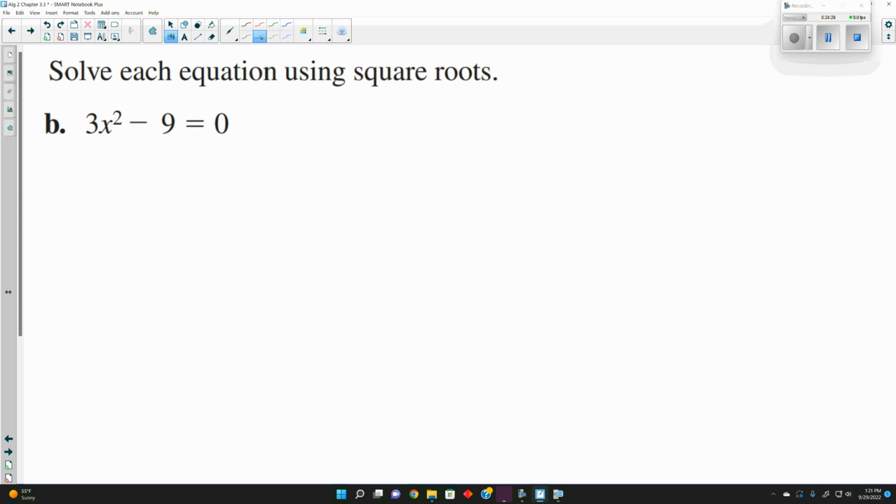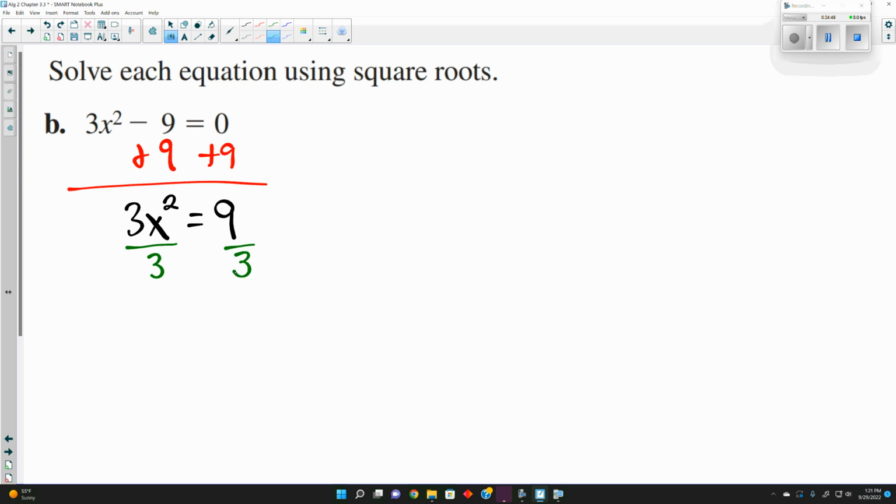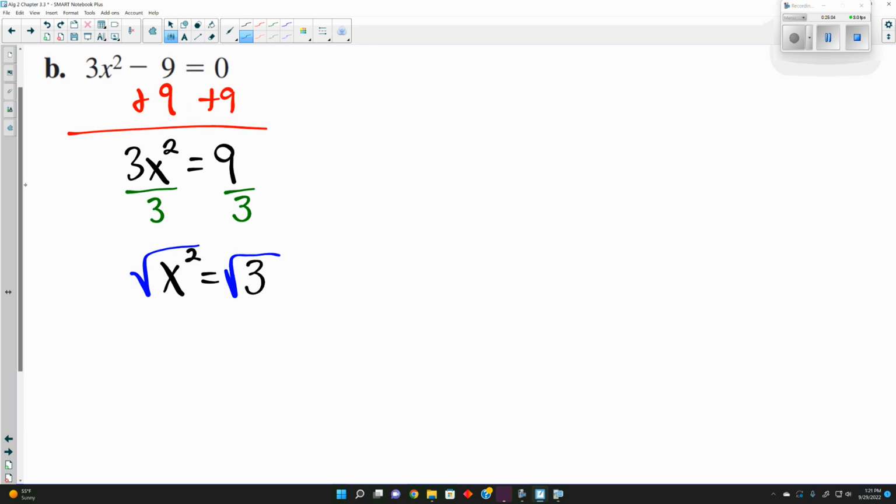Let's look at this one here. So what would we need to do first? Yes. Which tells us that 3x squared is equal to... x squared is equal to... Now what do we do? which tells us x is equal to